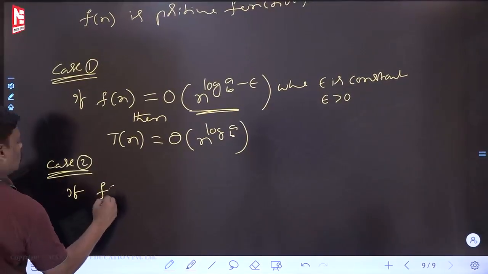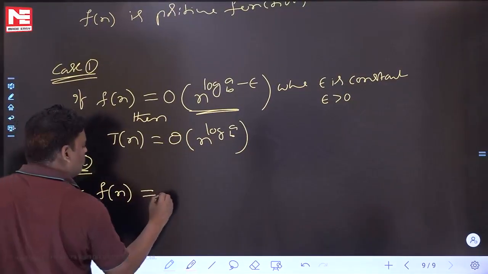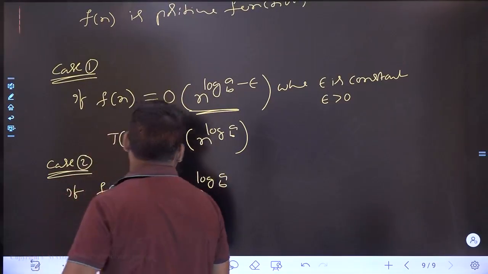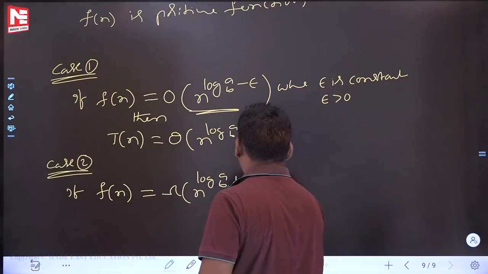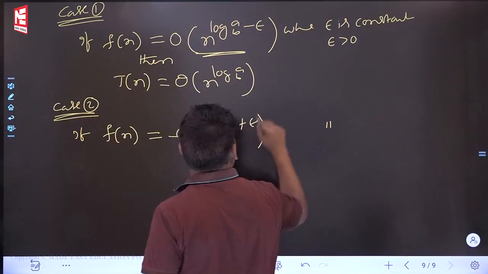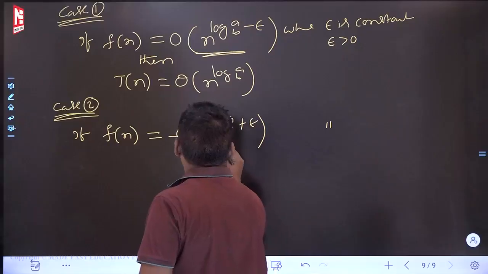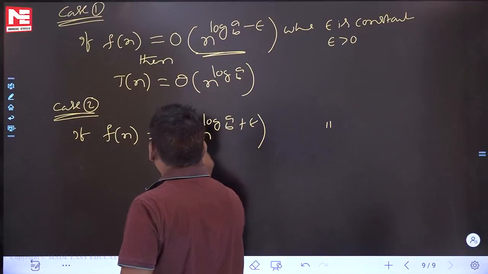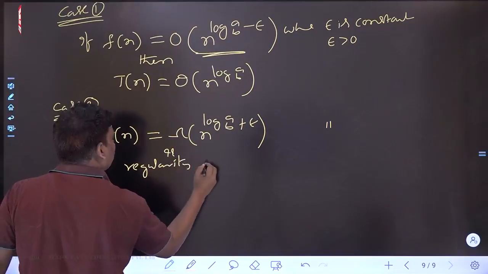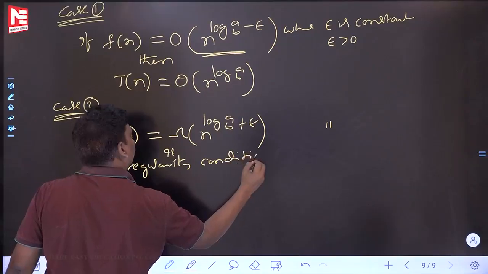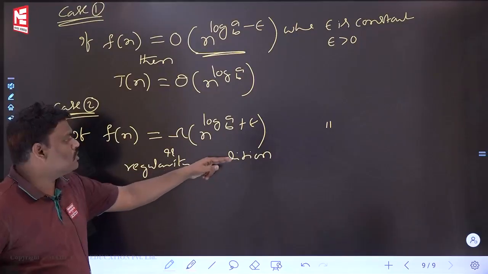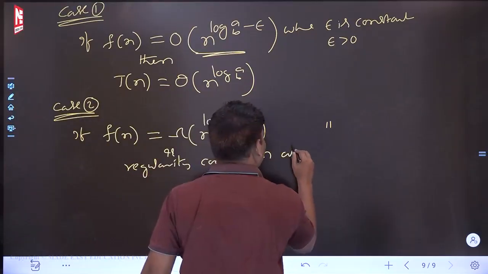If f of n is equal to omega of n power log a base b plus epsilon, where epsilon is constant greater than 0, and one more condition is there: the regularity condition also you have to satisfy. If f of n is omega of this one, and regularity condition also satisfied,